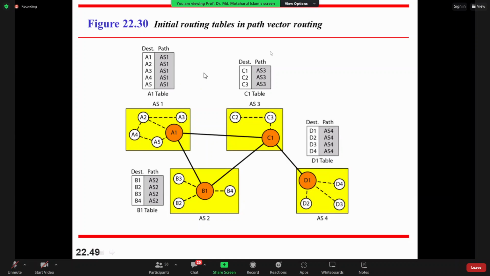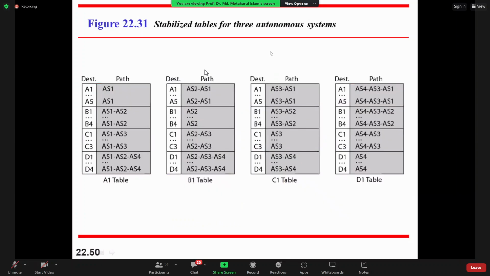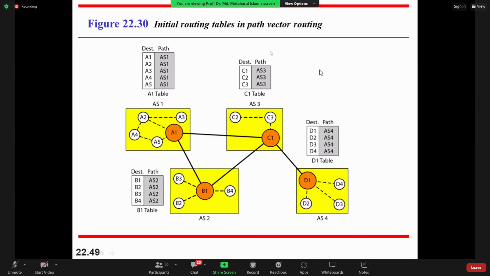So you see here is autonomous system 1, with different destinations from A1 to A5,